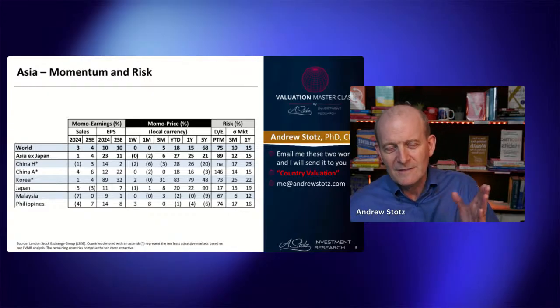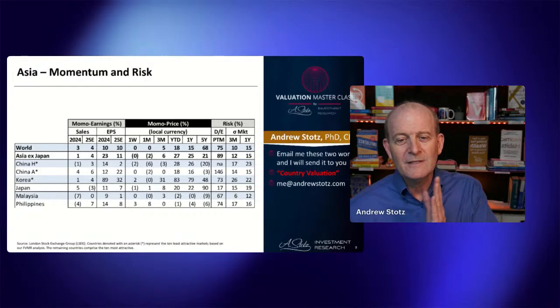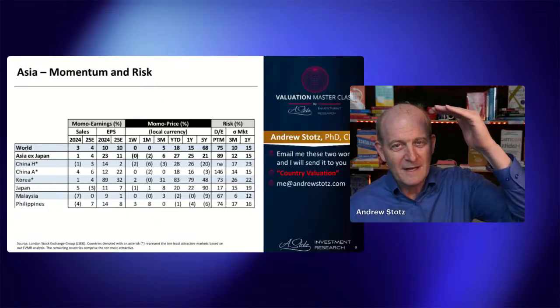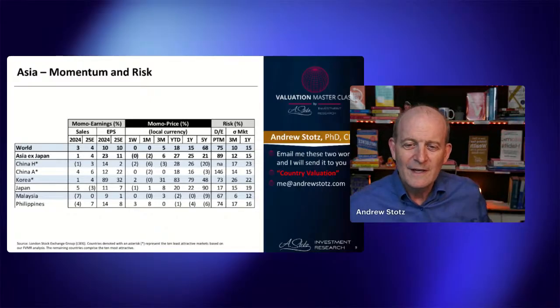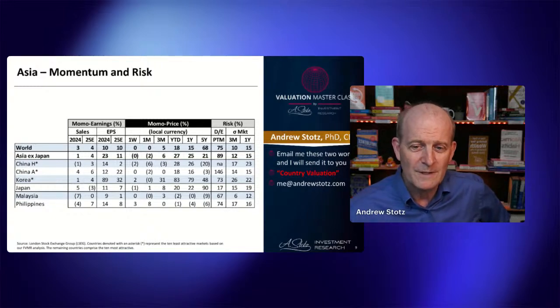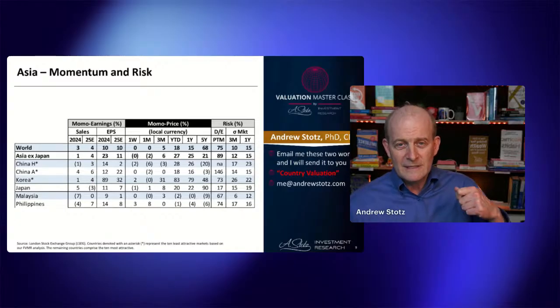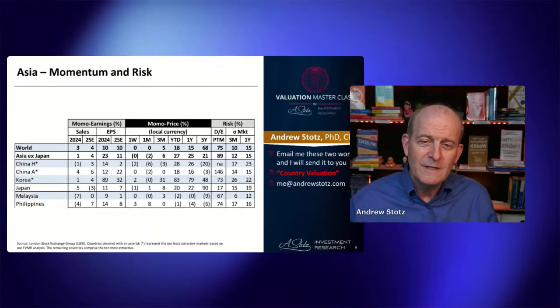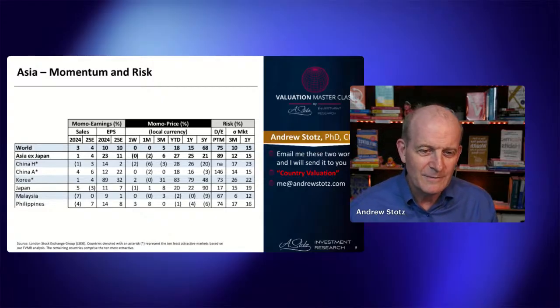Well, one of the things, of course, is you have one-offs and other exceptional items sometimes. So I like to look at sales far up at the top of the P&L, because then there are much fewer distortions. And now we can see that sales across the world were growing at 4%, in Asia at 4%. And all of a sudden, Korea doesn't look as great. Neither does China A-shares. They're not growing their top lines that much, but there is some reason for an expansion in their EPS. And that's usually the case, that what we're seeing there is some margin expansion.